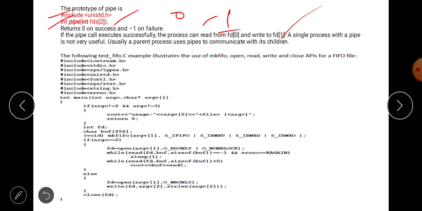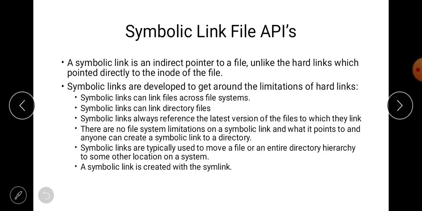A single process with a pipe is not very useful. Usually a parent process uses a pipe to communicate with its children. Okay, this is the FIFO file API. Last one is the symbolic link